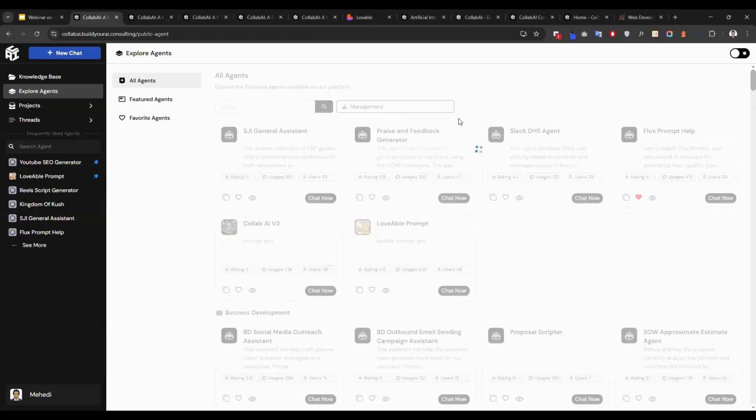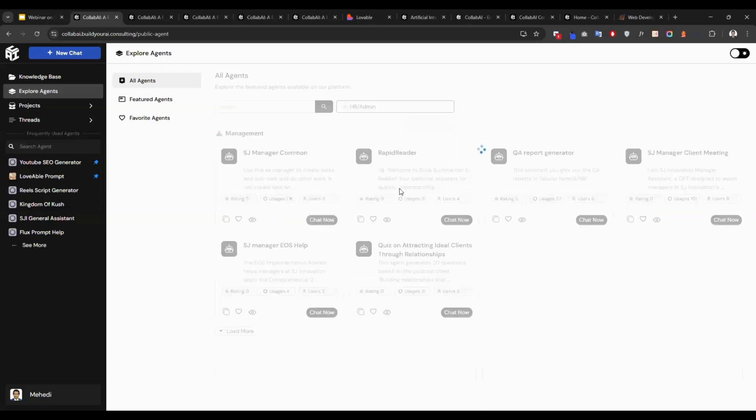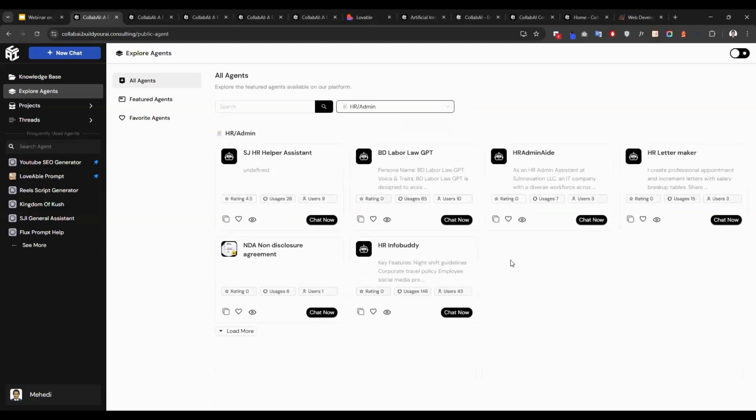If you need an agent for HR admin, that can be filtered out. And from there you can chat with that agent and have your desired result. And there is one more sort of agent, which we call a project.